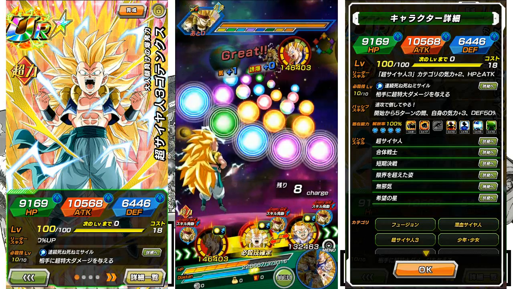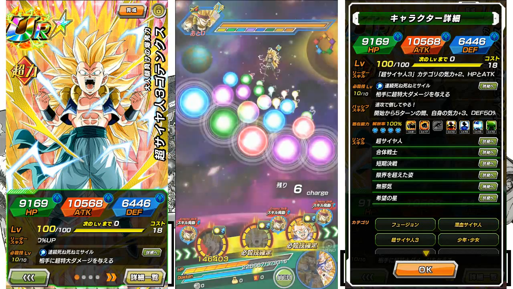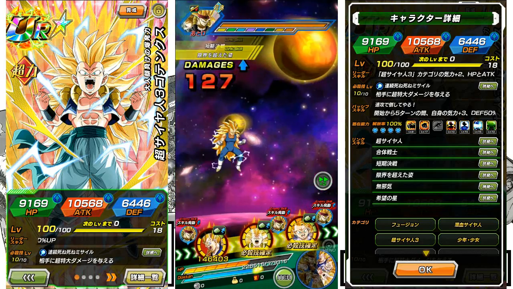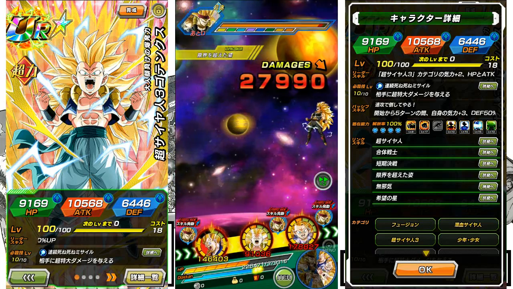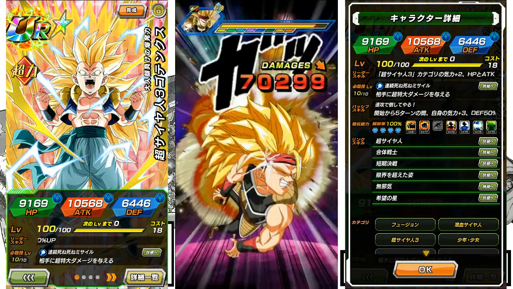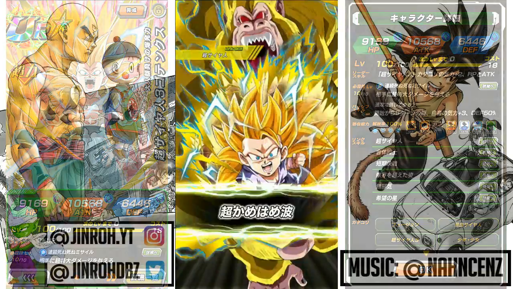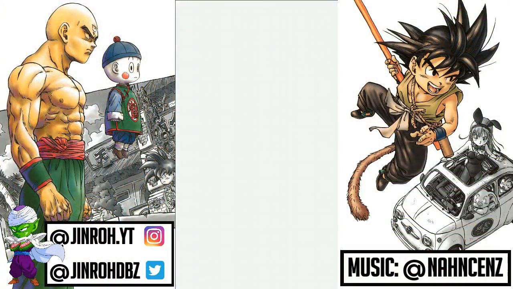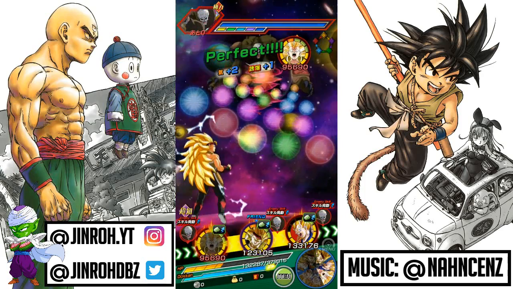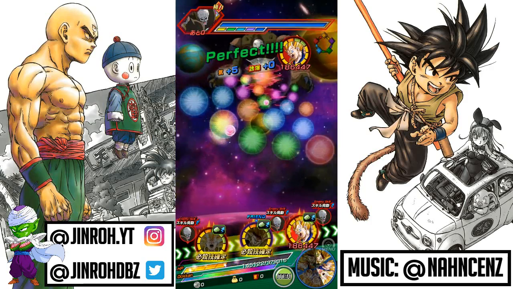For this video, you're going to see the unit tested on the Super Saiyan 3 as well as the Fusion / Movie Heroes. So again, as you see, max stats at 100% potential, you're looking at HP of 9,169, attack of 10,568, and defense of 6,446. 12 Ki multiplier is 130%. So overall, this unit isn't bad. The defense is definitely low in terms of stats, and with the 5-turn restrictions,